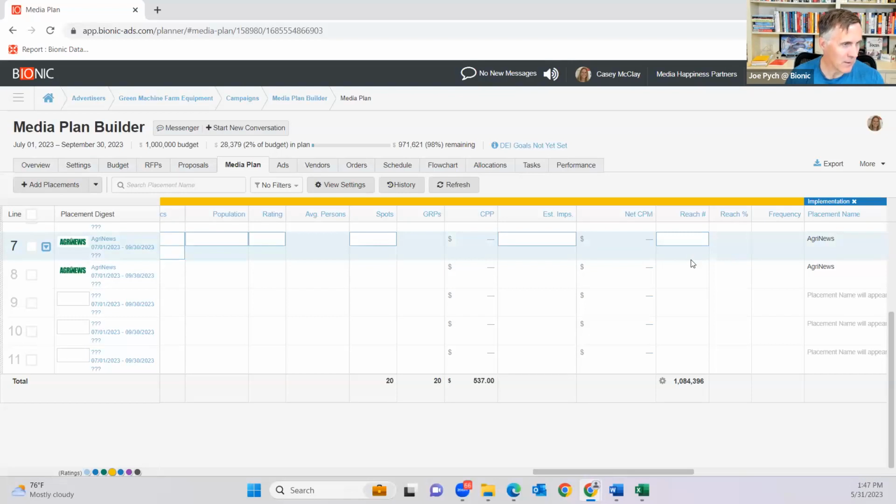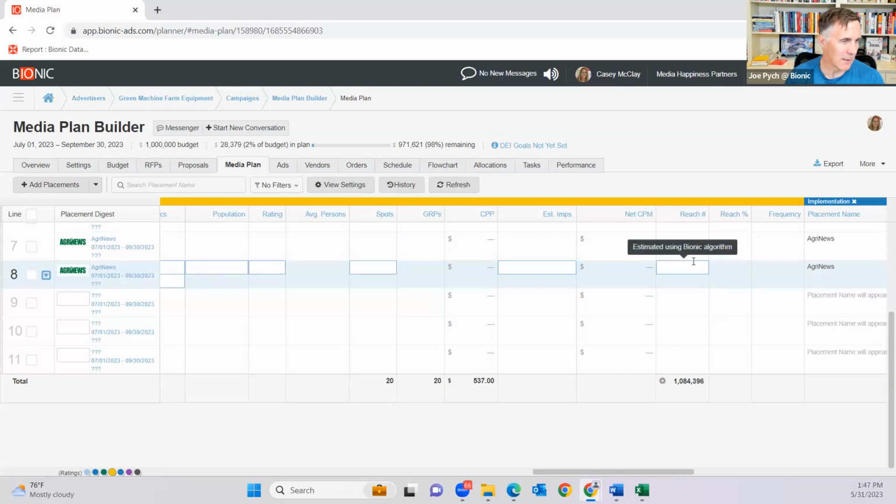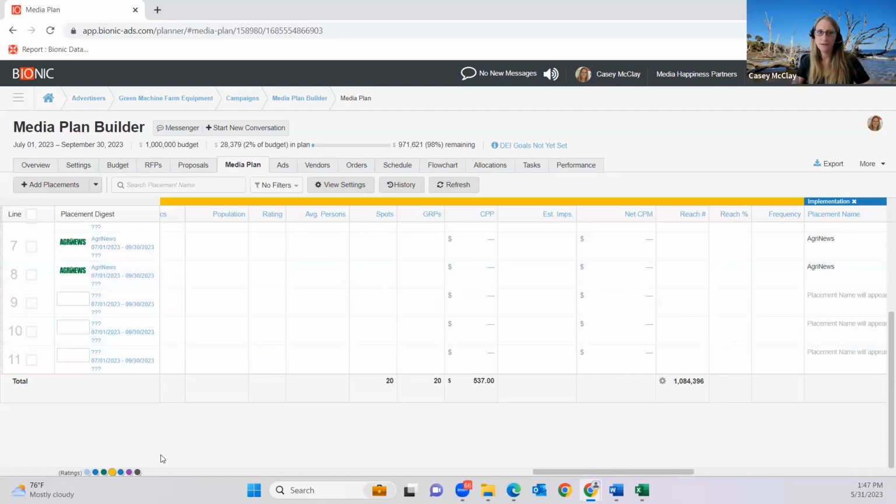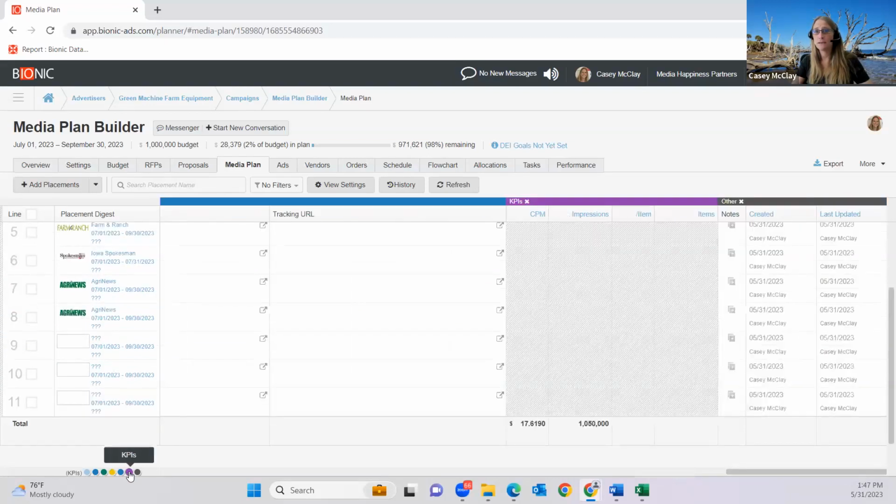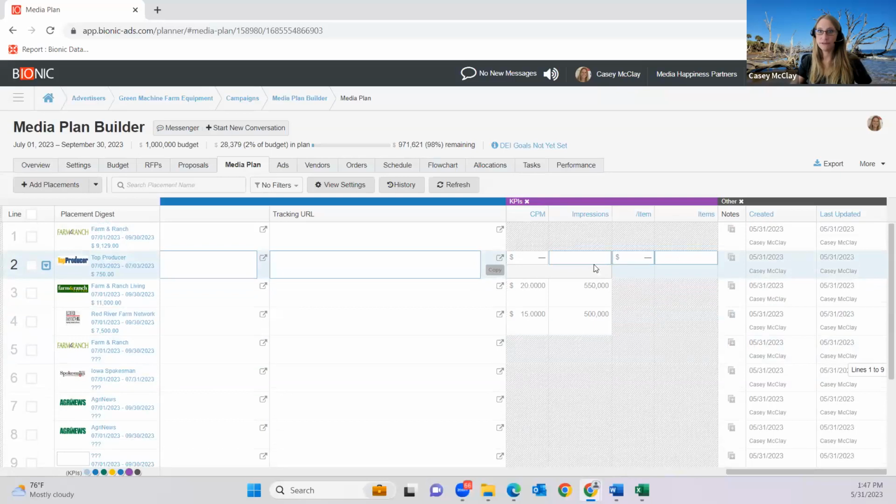So here's another good question, Casey. Can CPM for all types of media be calculated automatically? Absolutely. So I'm going to use my teleporter here to go down to this section for KPIs. You have control over what KPIs you may want to track in this, and there's a whole slew of them to choose from. I've got a couple in here based on how I've priced things out, but the impressions and CPM are part of that. So a couple different directions I could go is I could say, I have some expectation of impressions,